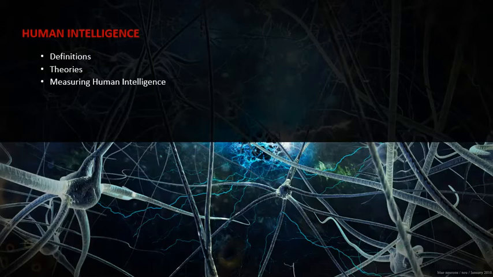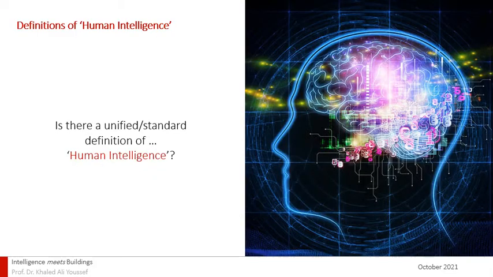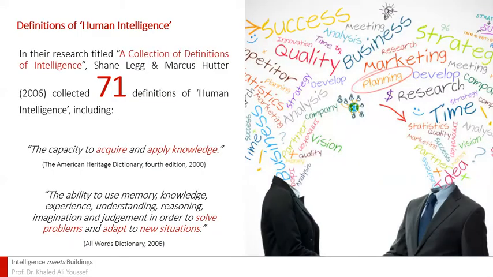So let's start with the concept of human intelligence, its definitions, theories, and measures. In fact, I would like to start this section with a question. Is there a unified or standard definition of human intelligence? The answer is no. According to a research paper conducted by Legg and Hutter in 2006, there are 71 definitions